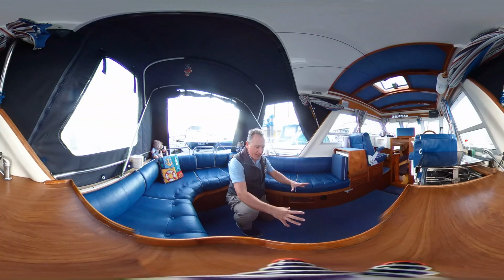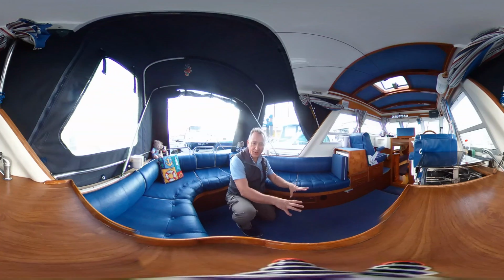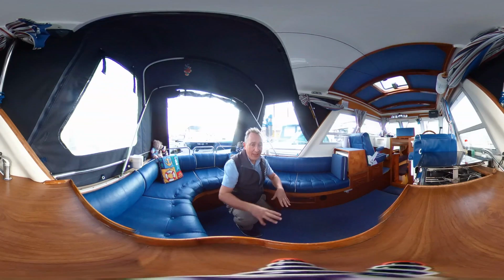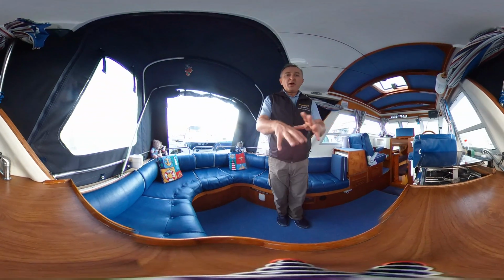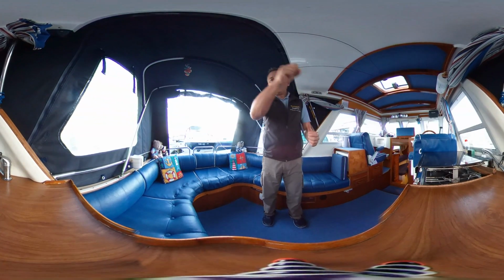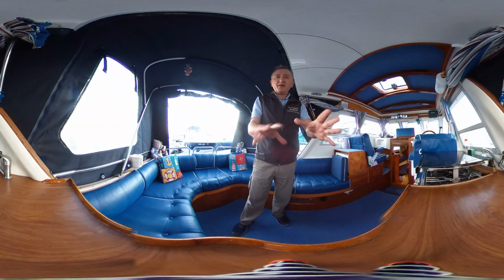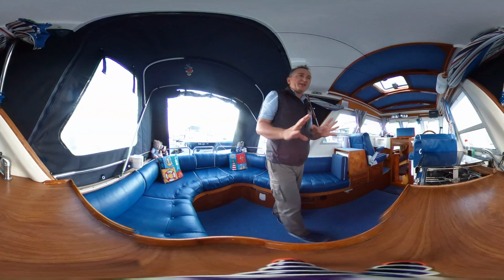Lots of space around the engine, lots of access to the stern gland, to the gearbox, etc. Really great space down there, absolutely lovely. Now the camera itself is sitting on the cover over the sink, so I'm not going to open that, but basically the cover opens out, lays flat on this hinge bracket here, and you've got access to the sink under there